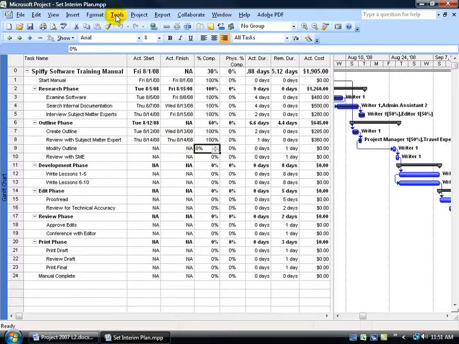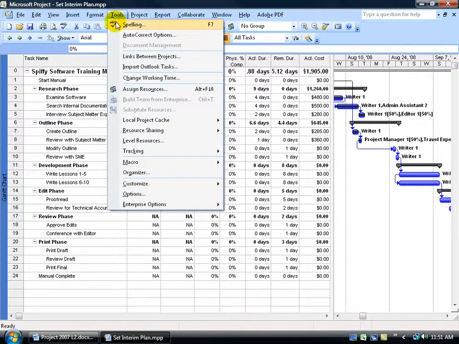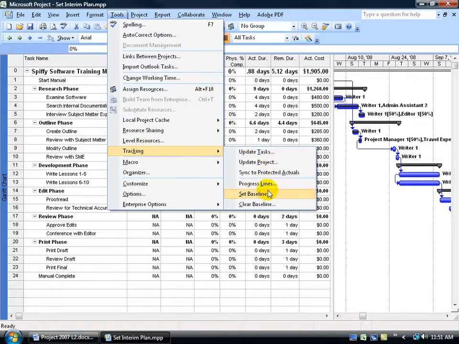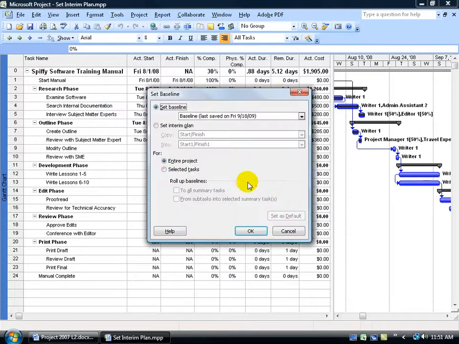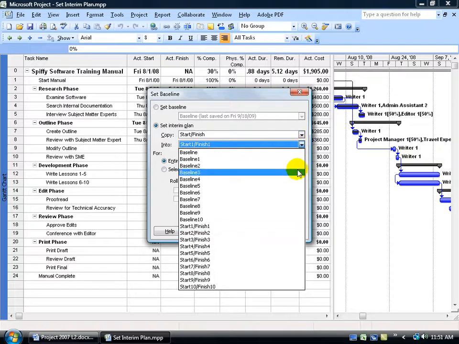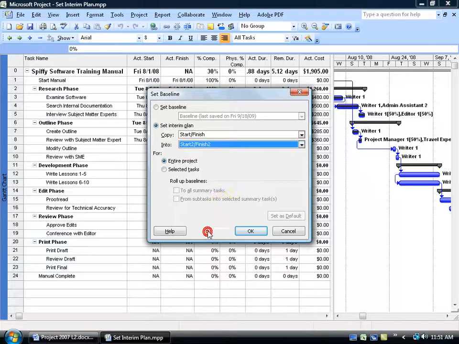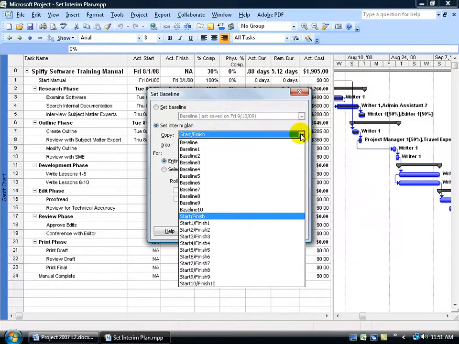Come up here and let's save our second interim plan, Tools, to Tracking. Again, it looks like we're setting a baseline, but we're not. We're going to select Interim Plan, and we're going to change the into from our first interim plan, which is our start and finish dates 1, to our second start and finish dates 2. And we're still copying from our original or actual fields, our actuals of start and finish. We're not going to change this to start and finish 1, we could, but that's not going to make sense,